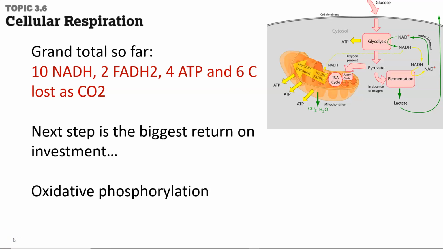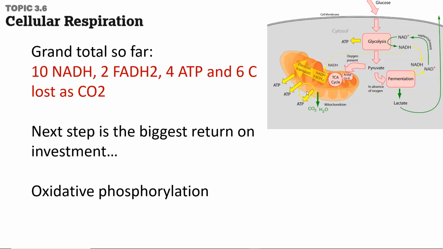Okay, so our final video on cellular respiration. We have glycolysis, which we've talked about. We talked about the generation of pyruvate and how we have two pathways which we can follow at this point: a pathway where oxygen is present and a pathway where there is no oxygen present, which leads to fermentation. If oxygen is present, it enters the citric acid cycle, or the tricarboxylic acid cycle, or the Krebs cycle, this